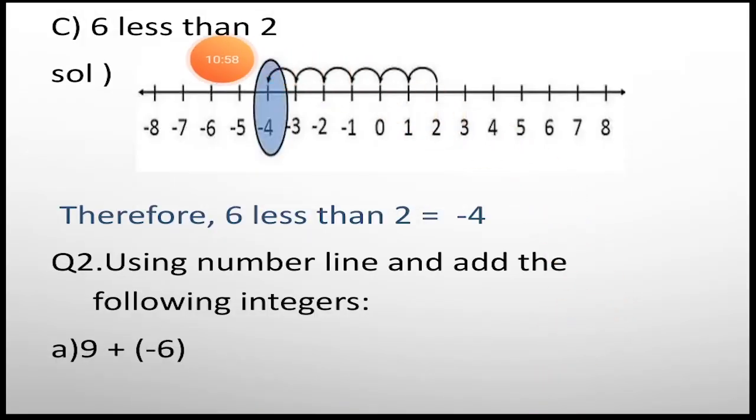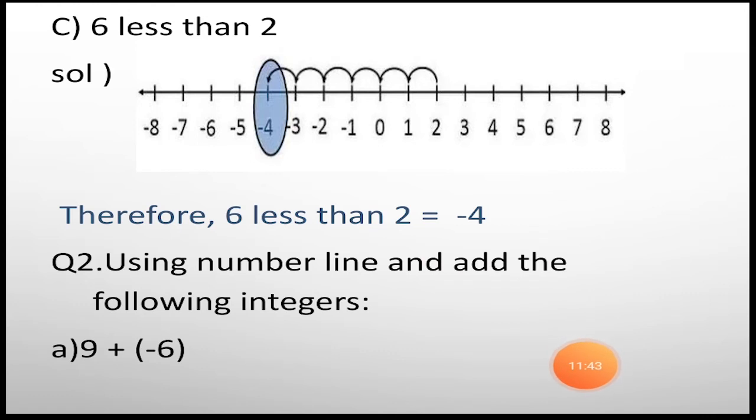Here you can see 6 less than 2. So draw a horizontal straight line first of all, and here the word is less than. Less than which number? Less than 2. So first of all, on the number line, from 0 we'll first represent 2 on it, and then from 2 we have to represent 6 less than. Okay, so less than means we have to take back steps, of how many steps? 6 steps we have to take back jump. So from 2 we'll take 6 back jumps. So by doing so we have reached minus 4 on the number line. So 6 less than 2 will represent minus 4 on the number line.